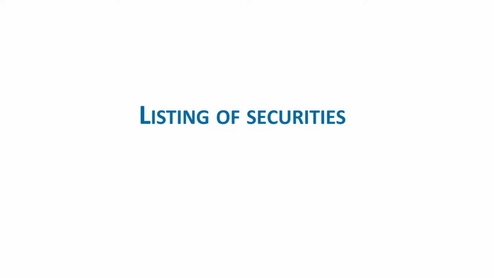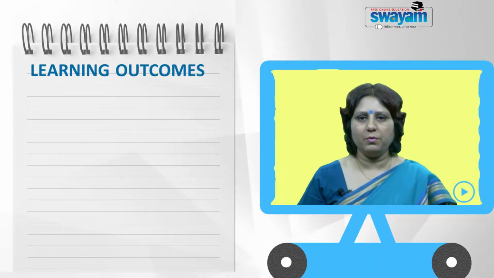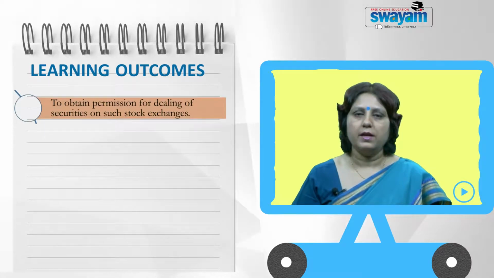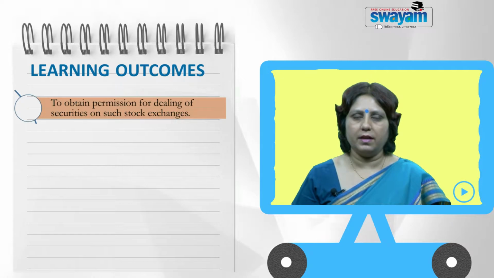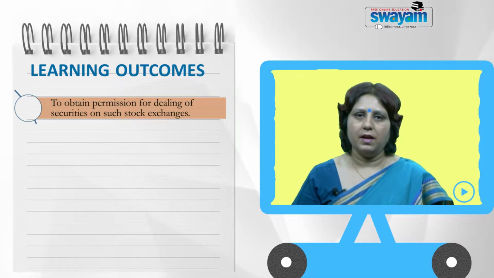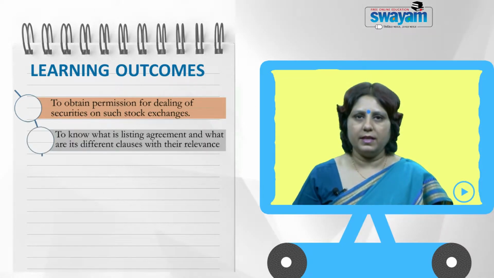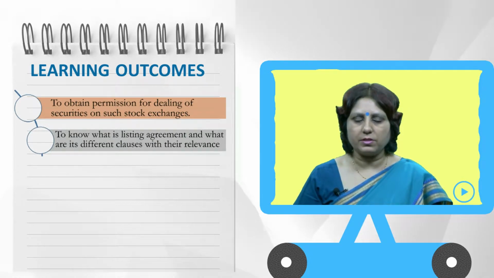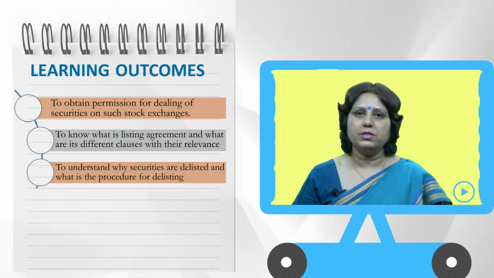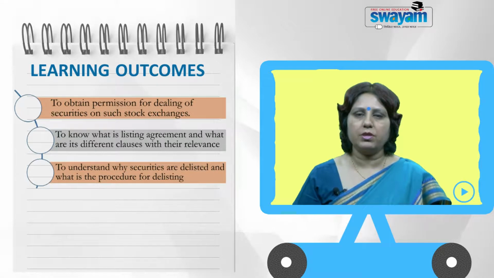So first of all, we need to understand what is meant by listing of securities, and then what is delisting. In this module, the objectives will be to make you understand the need for mandatory listing of the securities, and how it will protect investors' interest, what is a listing agreement, what are the important clauses of the listing agreement, and how the securities are delisted, and what is the procedure of delisting,